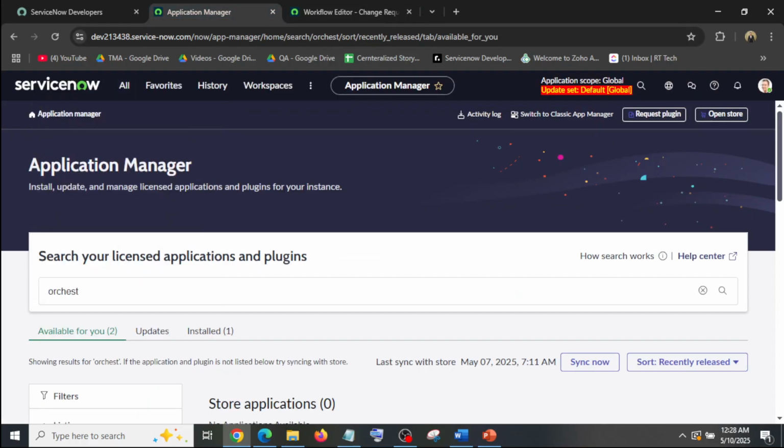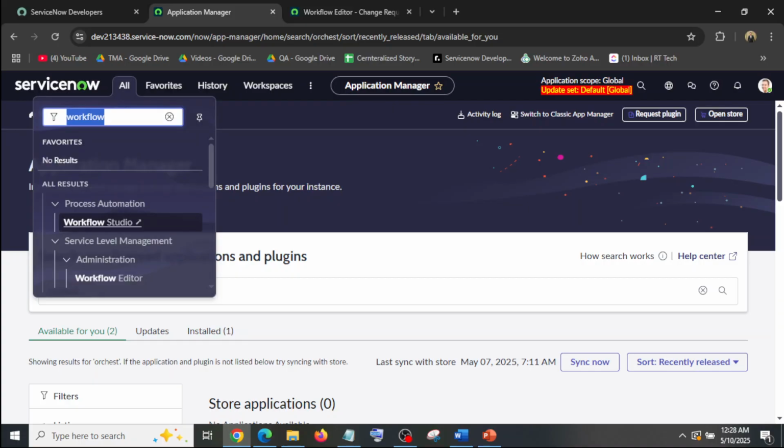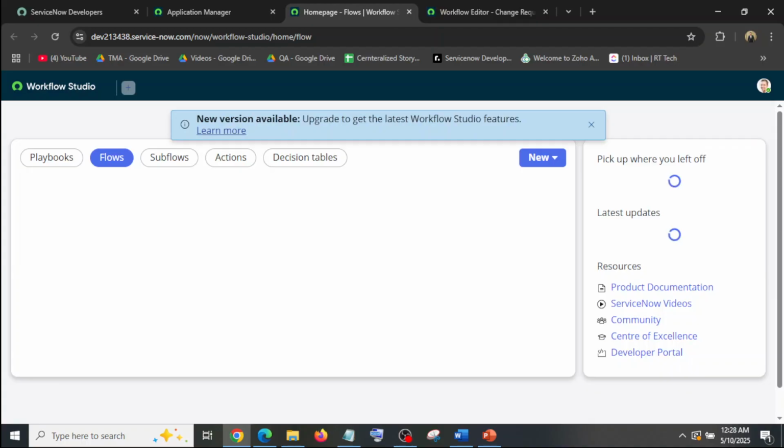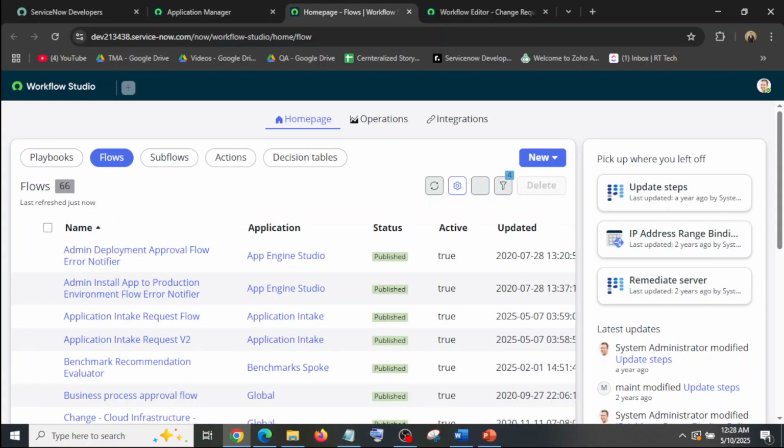And if we go to the flow, then in Workflow Studio, we can create flows, subflows, actions, and decision tables for the automation.